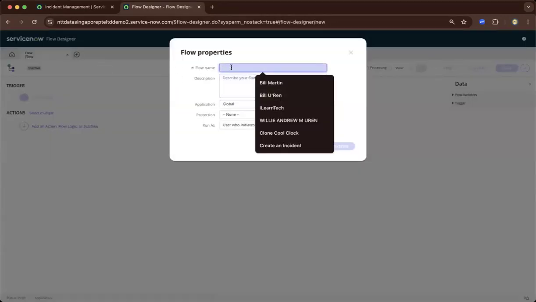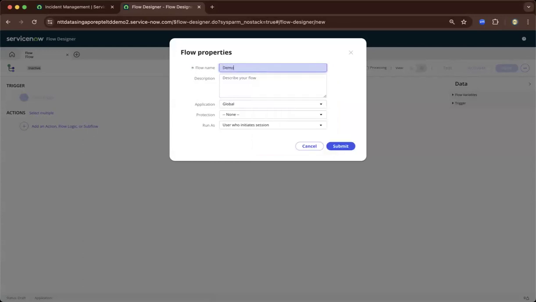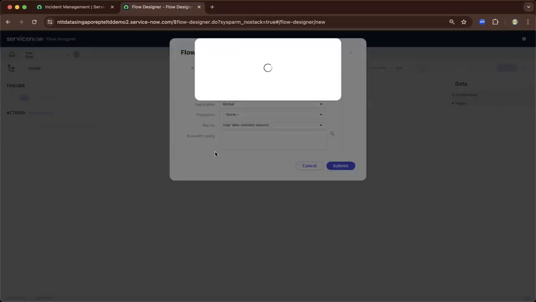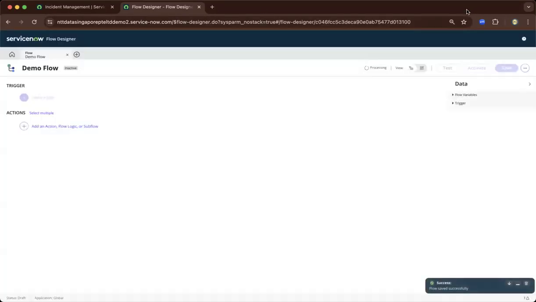And as we create, let's say this is a demo flow. Let's make it global for the time being for demo purposes. So let's submit. All the fields are self-explanatory, and as we submit, it will basically create a blank workflow. So at the top,